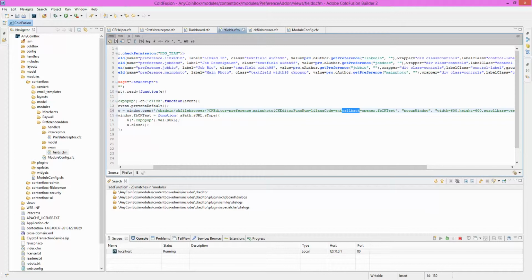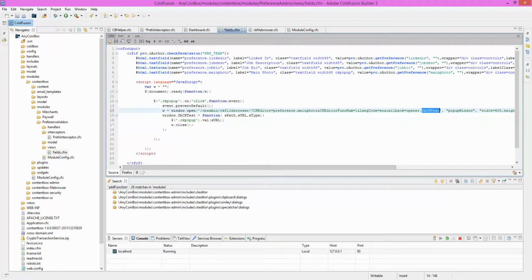The important part was the callback. So I added this callback, and calling opener dot whatever my function is. So this is my function here. I create a function, window FBCK test. You can call it whatever you want. You don't have to call it that. But it accepts a string path, string URL, and a string type. By specifying opener, it will reference this and